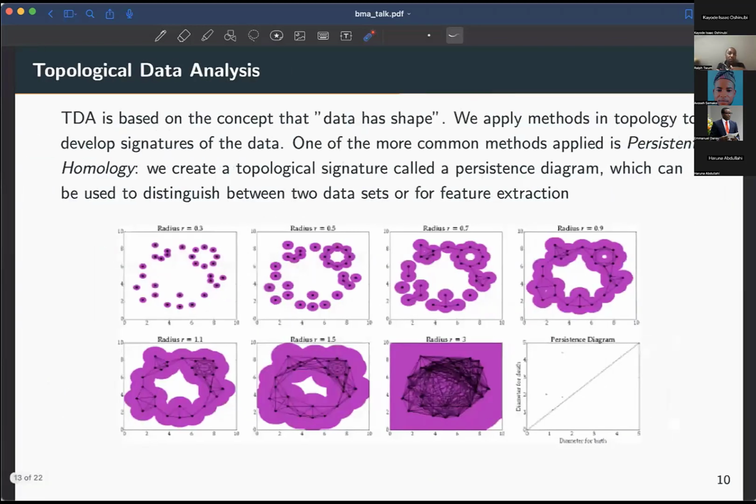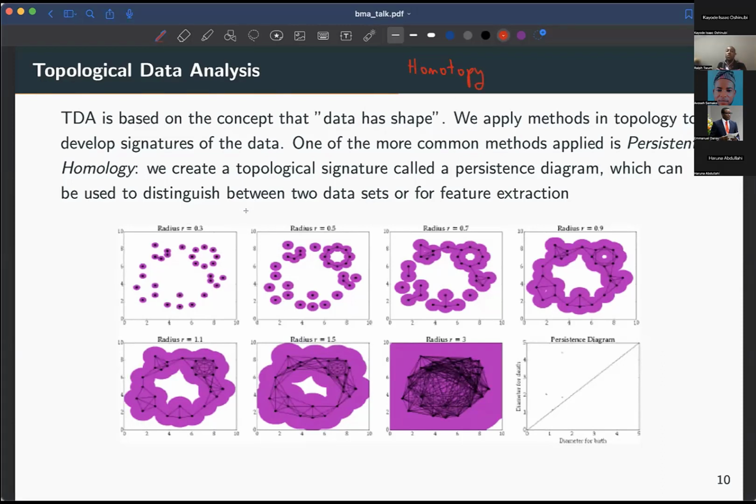So I'll move on to topological data analysis. Now, topology is, again, like I said, the study of shapes of data, or shapes that are invariant under continuous maps. One of the things you can do is develop what we call a signature of the space. And that actually brings some algebra into the topology. But without going into too much detail, there are two methods that we usually use to develop a signature of a space. One of them is homotopy,